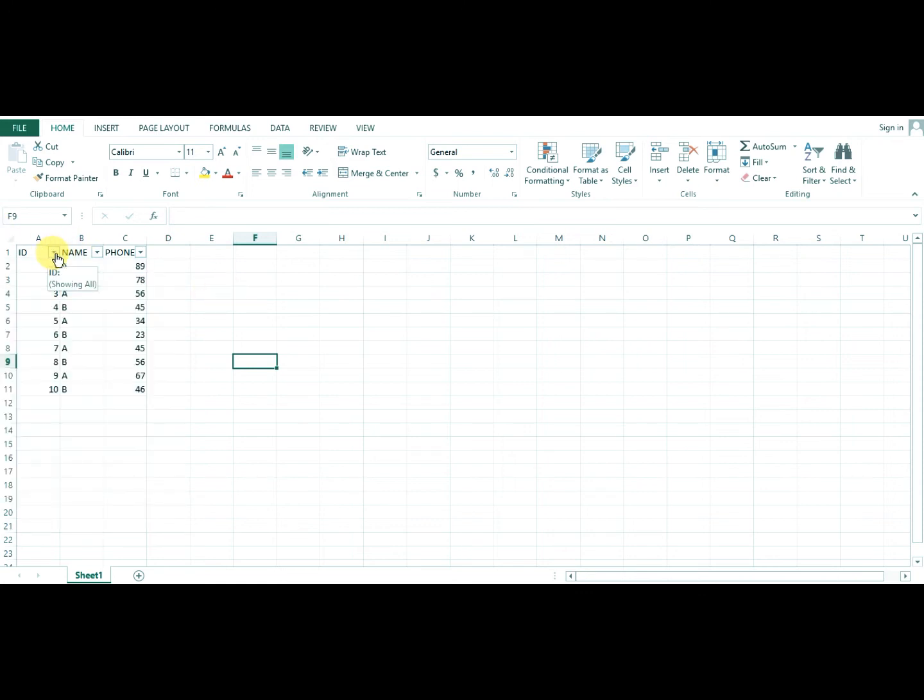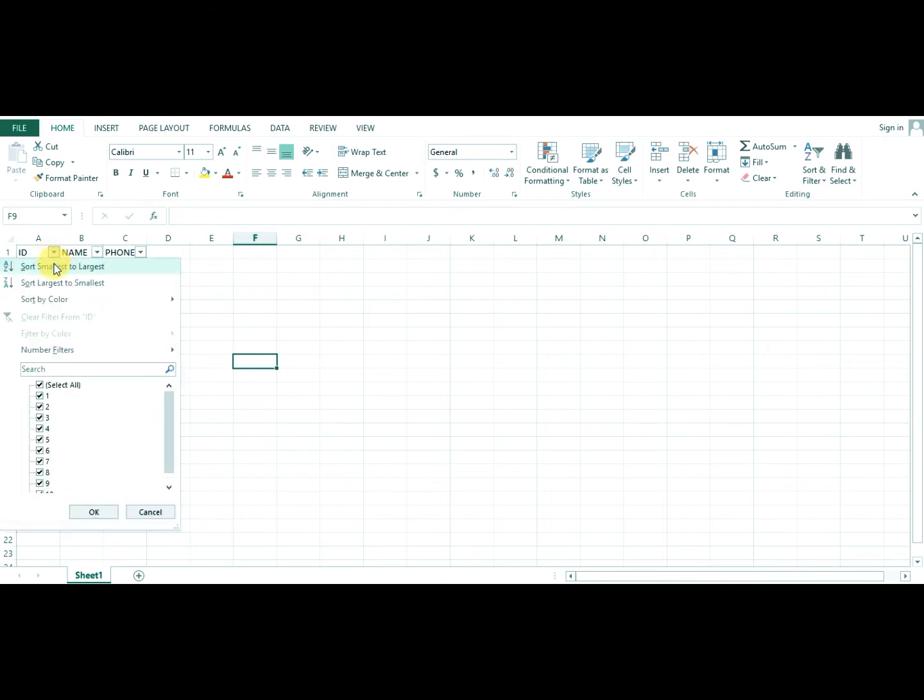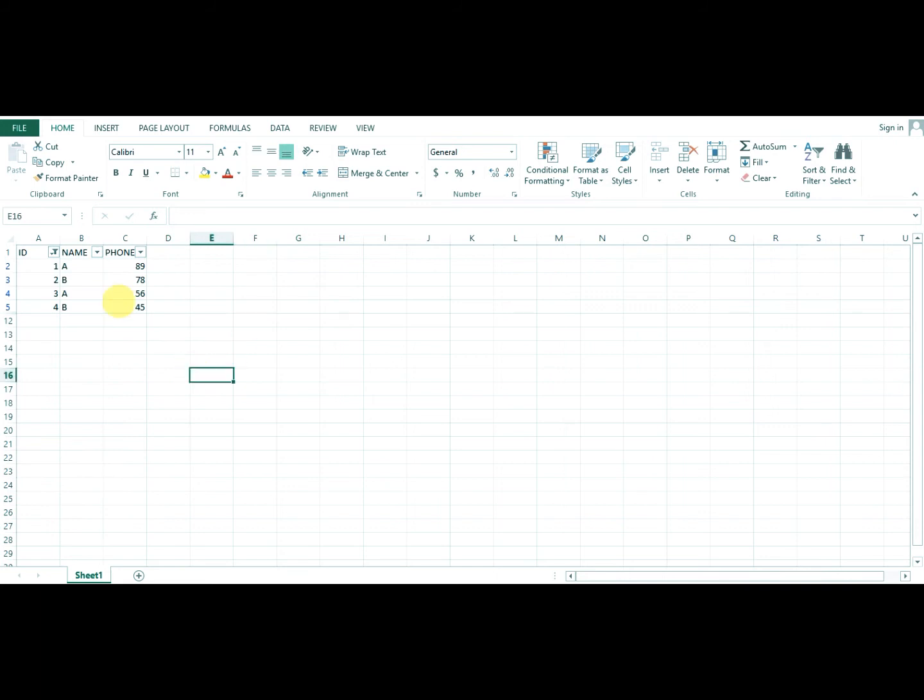Which values do you want to view in your column? Select all and tick the select all option. Suppose I want to view 1, 2, 3, 4 on my table. Click on OK, and you can see only 1, 2, 3, 4 in my table.